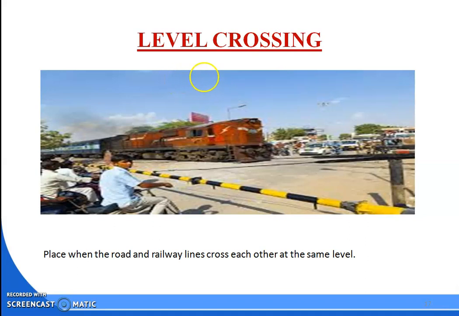So whenever your train is coming, in that case the signal shows you the red symbol, and immediately whenever your train leaves the track or the train passes over, the signal turns from red to green, meaning that the people are allowed to pass the way. So this is all about your level crossing.